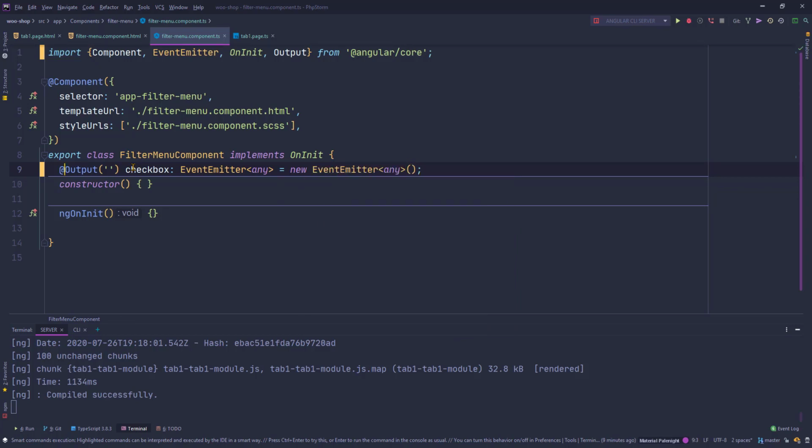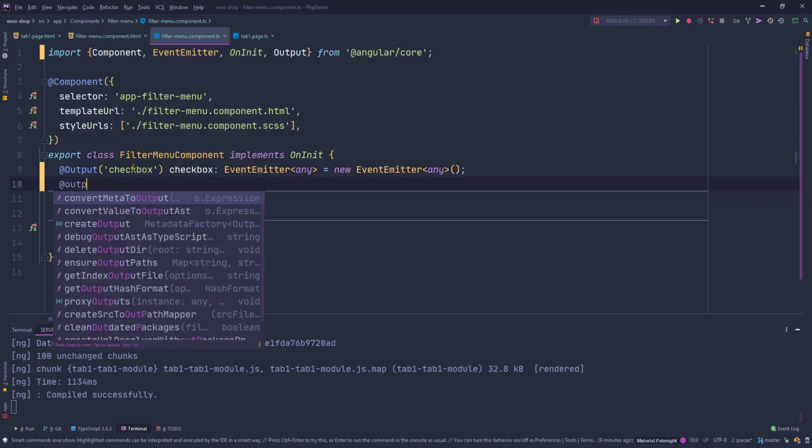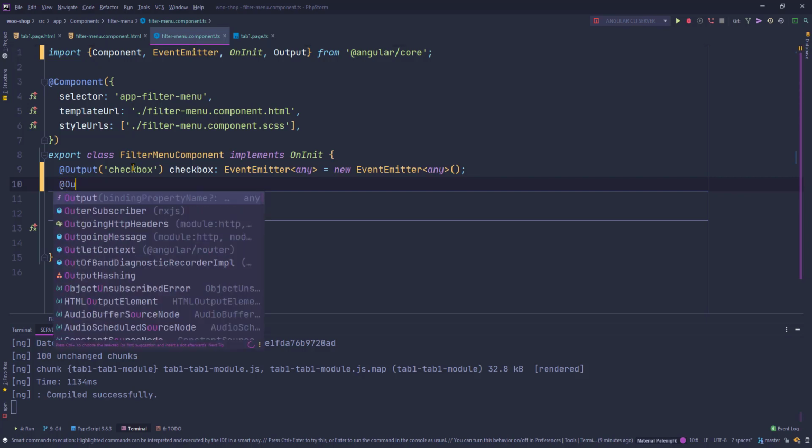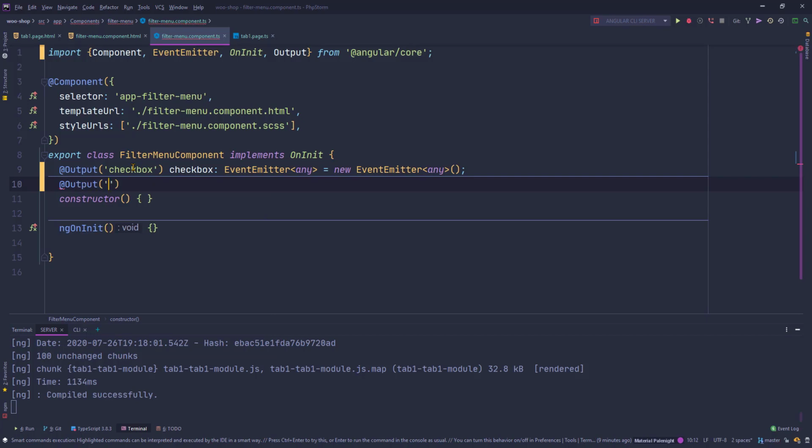Okay, and inside these single quotes I'll give it a name. You can name anything. I'll put it as checkbox only, and the second one, output, name it categories,